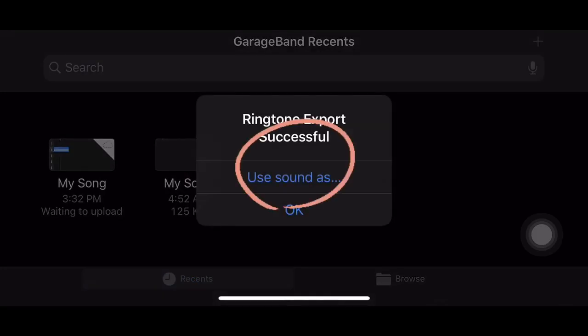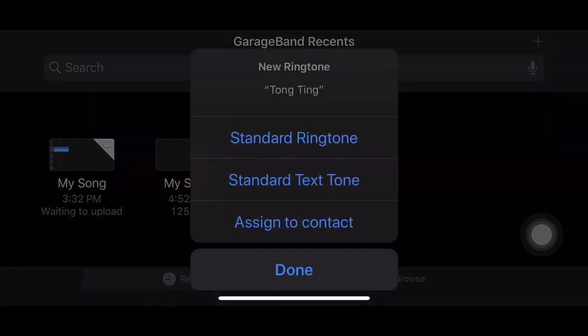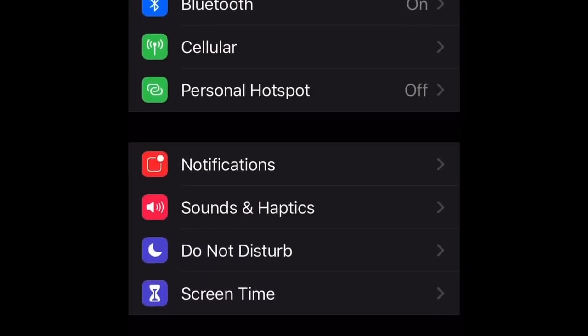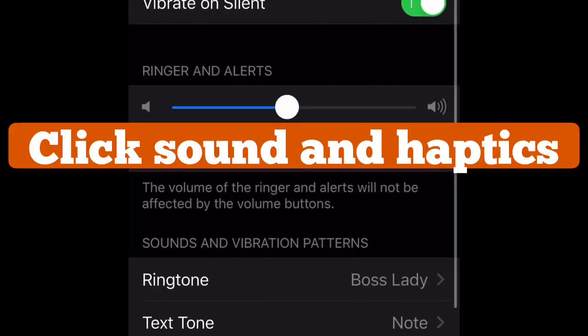All right, click use sound as, and then standard ringtone or whatever tone you want. See you in the next slide. All right, so now you're gonna go down to your settings and check it to make sure